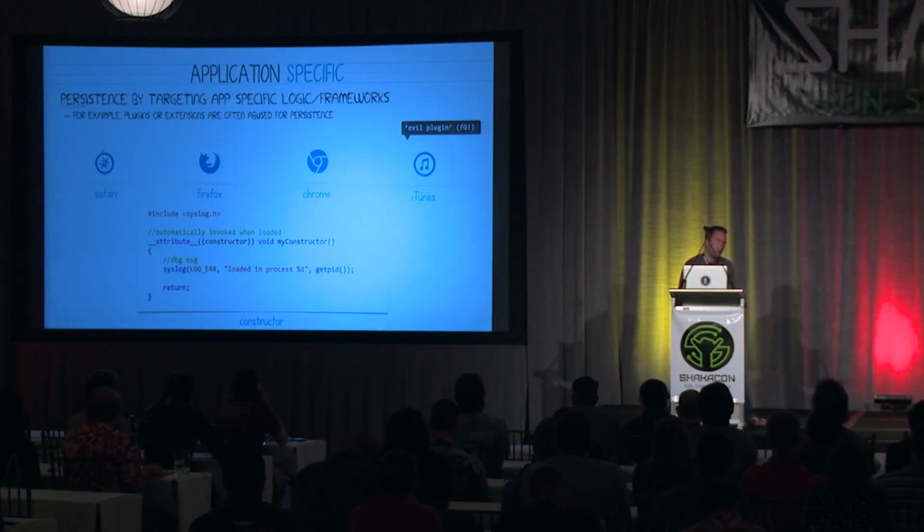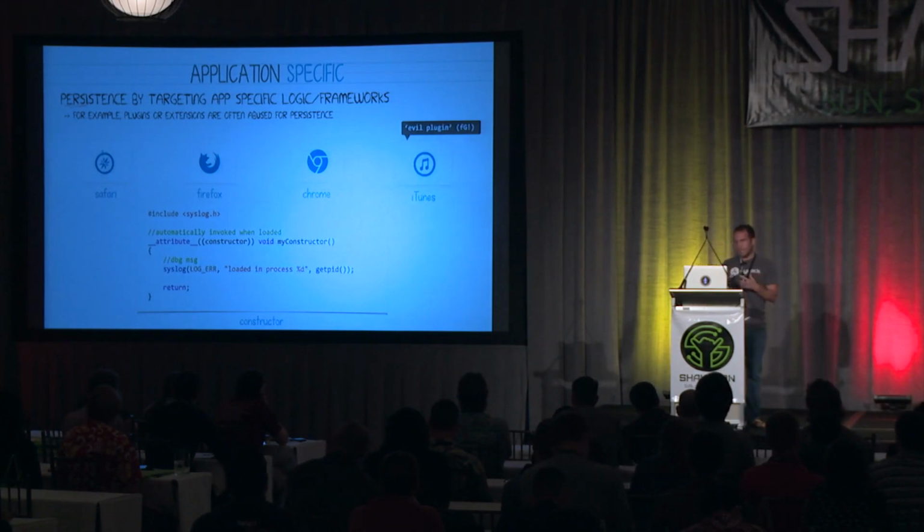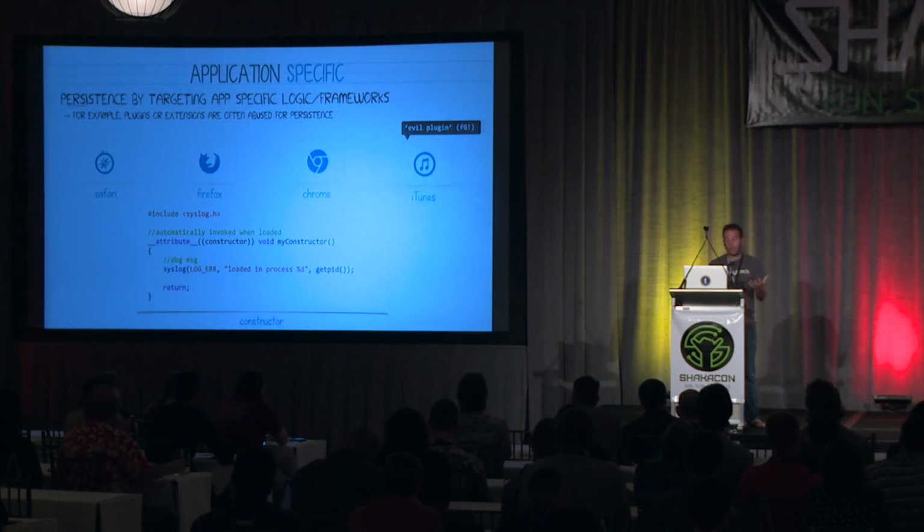Well, it turns out you can get around this by exporting a constructor. Basically, you create a dynamic library, and you specify the constructor attribute in a function. If a file has this, the loader, when it's actually loading the dynamic library, will execute the constructor before handing off control to the application. So this is a really good way to ensure that your malicious code is always executed, even if the application which is loading the plugin ends up not liking your plugin.